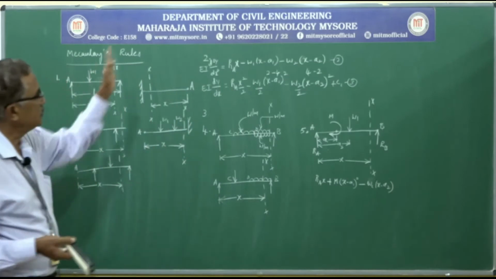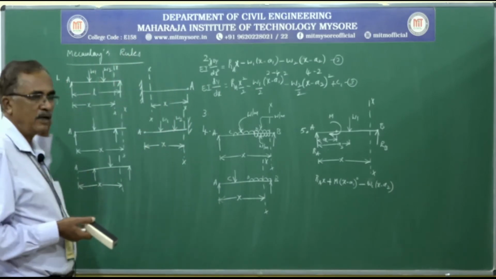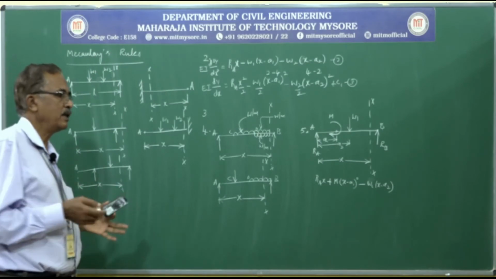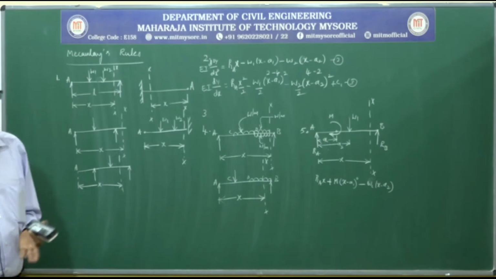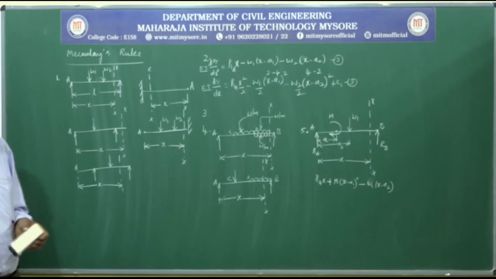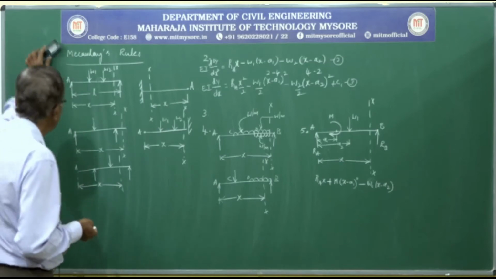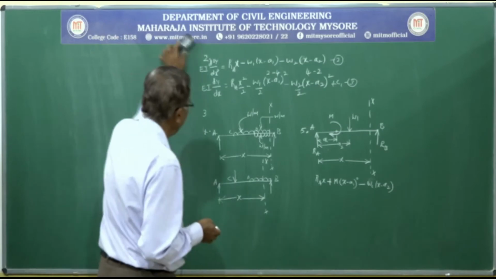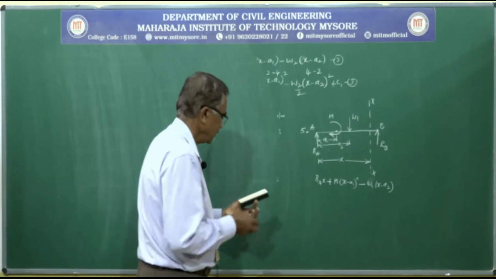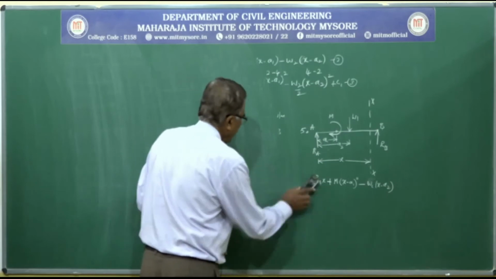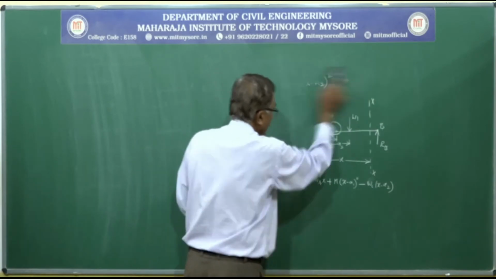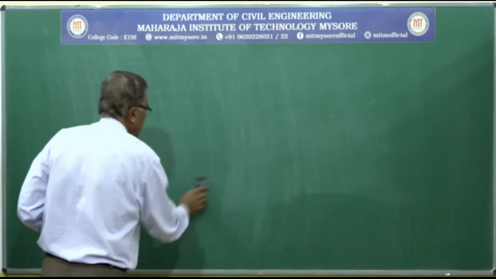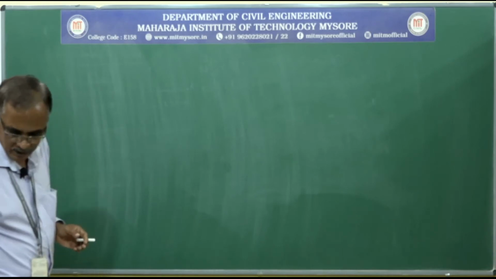So these rules, along with the sign convention and Macaulay's procedure, will help us in solving problems to find the slope and deflection. It is a continuation of shear force and bending moment. First we have to calculate the support reactions. The correctness of the problem purely depends on the support reactions. Then we will continue. Let us solve one problem so that we can easily understand.